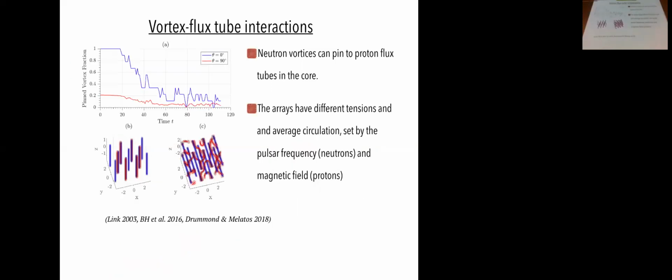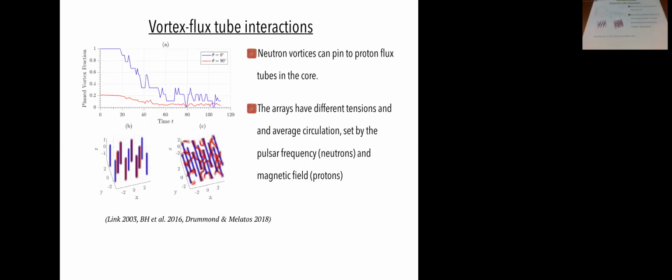Okay, and then you're getting low on time. So, of course, there's this issue of the vortex flux tube interactions, because now the vortices are magnetized. We said the neutron vortices are, because of entrainment, and we expect to have a type 2 superconductor, so magnetic field confining flux tubes, and then there's an energy penalty for these neutron and proton vortices to cut through each other. So on the one side, you expect pinning, and then of course you also expect dissipation. And the setup will depend strongly on the inclination angle.